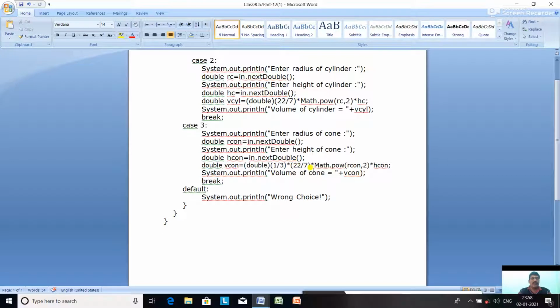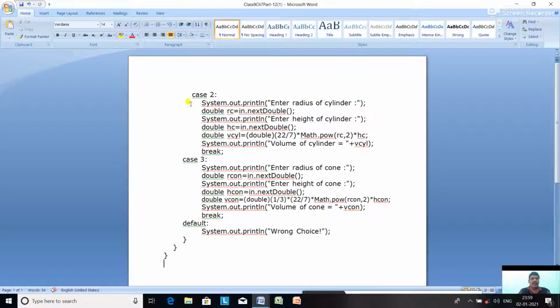Pi value is 22 by 7 into radius square, Math.pow(R cone, 2), R cone means radius of cone, comma 2 into height. Now print volume of cone, and if you press any other digit, not 1, 2, 3, in that case default will be executed and it will print wrong choice or incorrect choice.